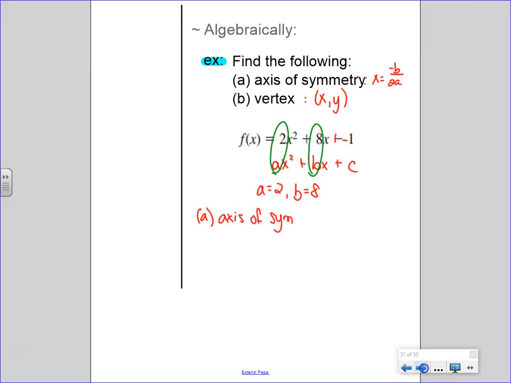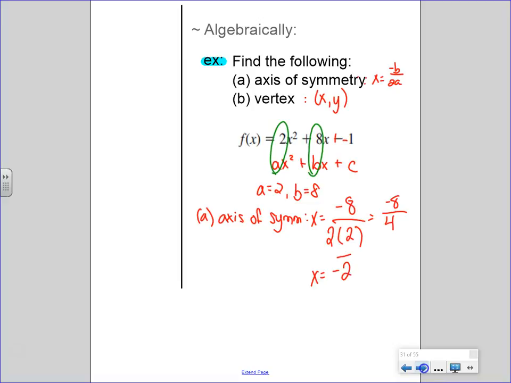You might want to shorten axis of symmetry to AOS. Okay, my formula says negative who? Negative b. And who is b? 8. Over 2 times who? 4. Good. Don't forget your x equals. Then we need to simplify. So x equals negative 8 over, PEMDAS says do that multiplication, 2 times 4, and 8 over 4 is